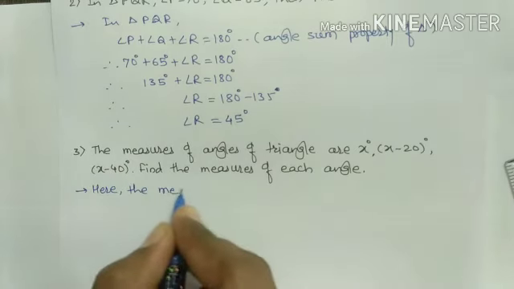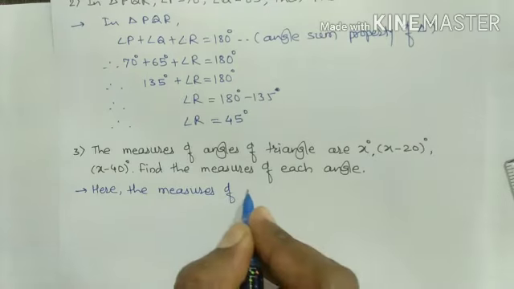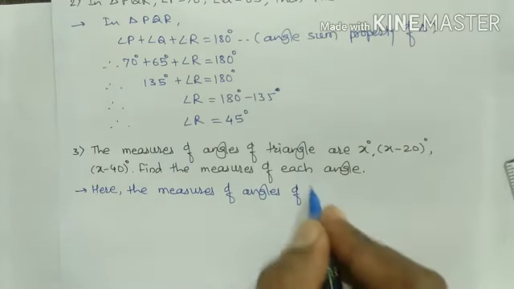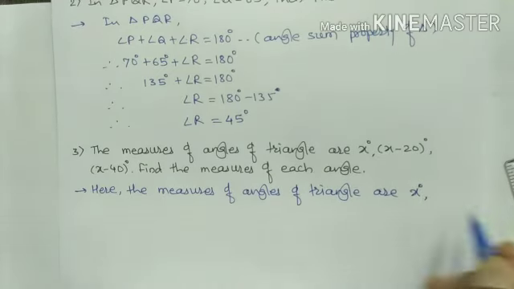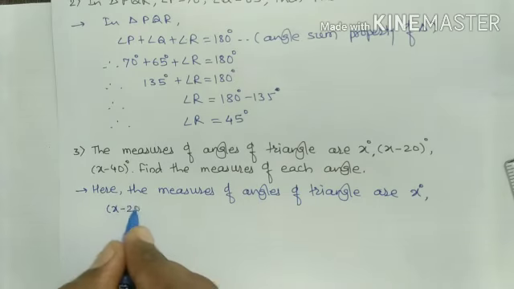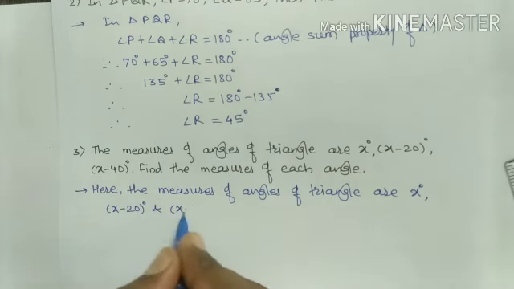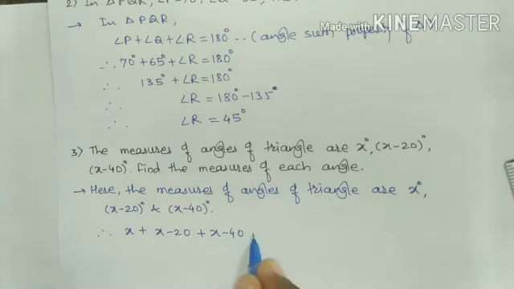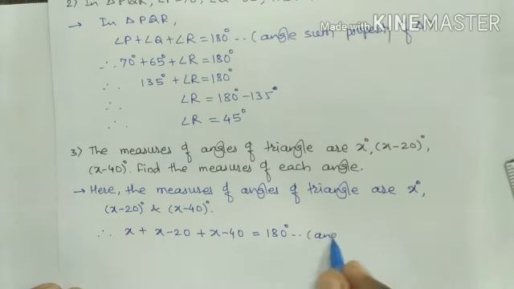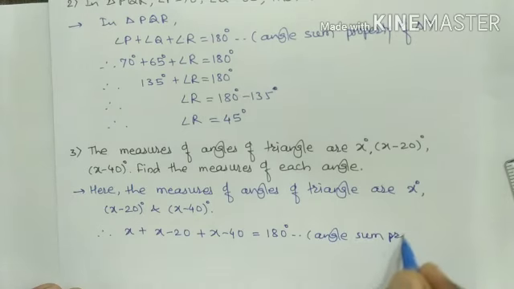The measures of angles of a triangle are x degrees, and then x minus 20 degrees and x minus 40 degrees. Now, therefore, x plus x minus 20 plus x minus 40 equals 180 degrees. Reason: angle sum property of triangle,